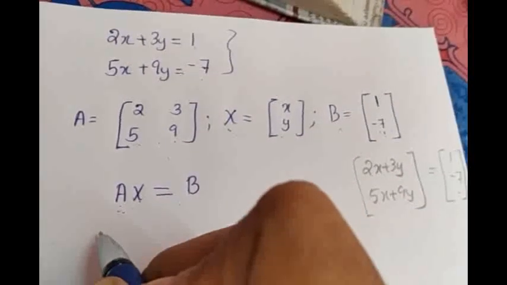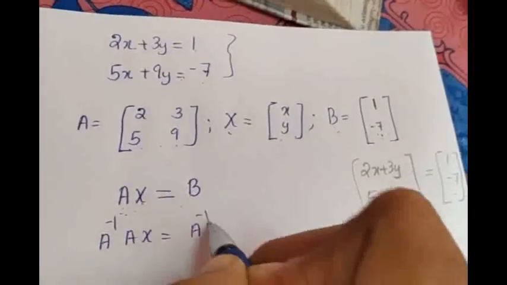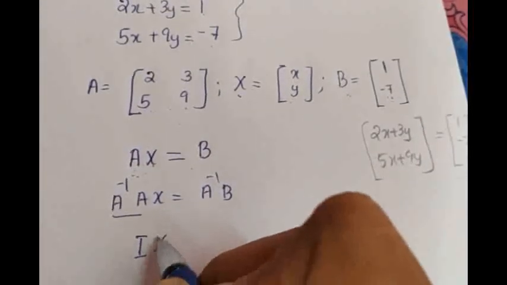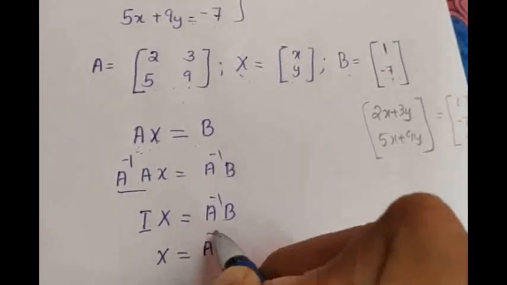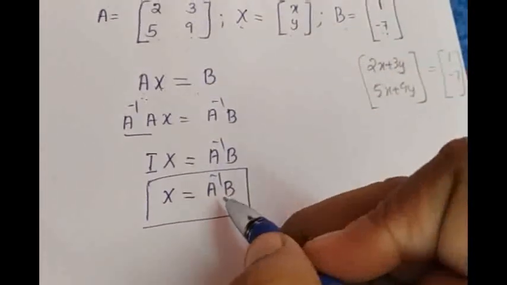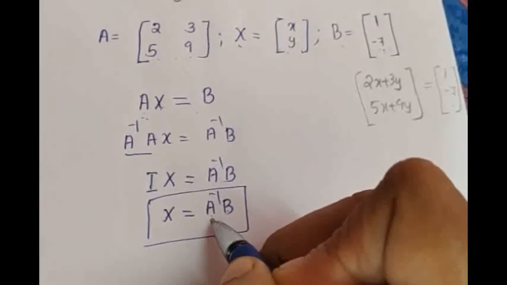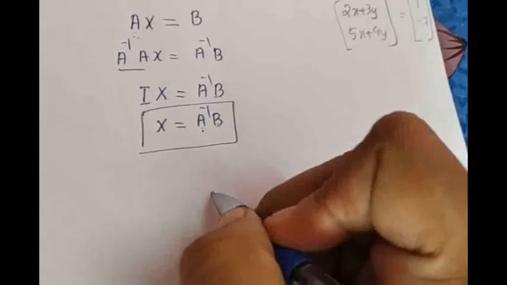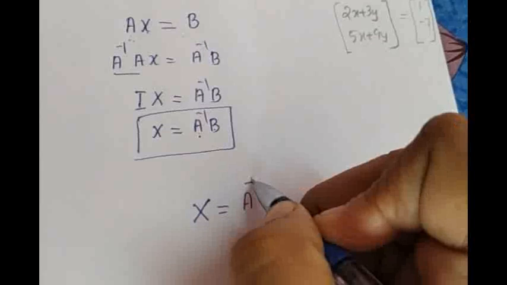So if I multiply the left side with A inverse, I get A inverse into A into X is equal to A inverse into B. And what is A inverse into A? A inverse A equals I, so I into X is equal to A inverse into B. I into X is the same as X, so X is equal to A inverse B. To find the value of the matrix X, the formula is A inverse into B, where A inverse is the inverse of A, found by calculating adj A by det A. So if a system of linear equations is given, to find the variables x, y or x, y and z, the formula is X is equal to A inverse B.